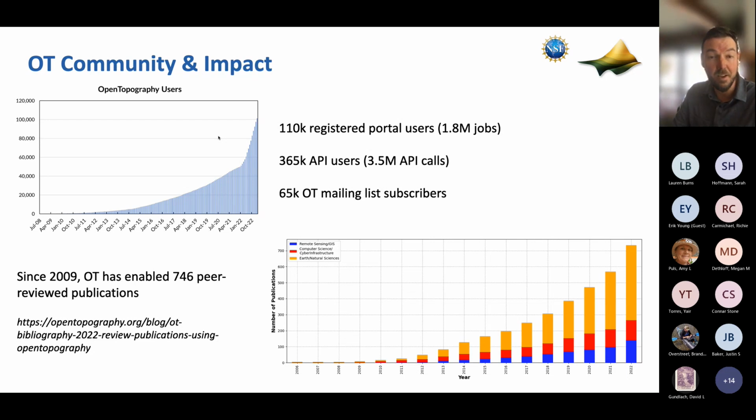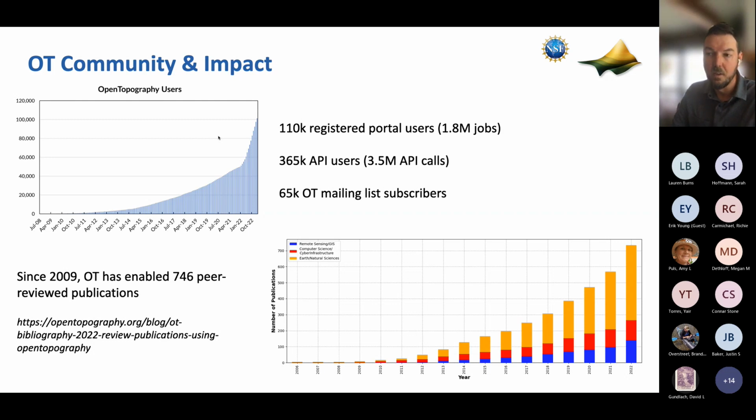365,000 users of that API I was talking about. There's a massive mailing list of people who are interested in these data that subscribe to our mailing list. And importantly, because we're academically funded through the National Science Foundation, we're really focused on how we enable academic research